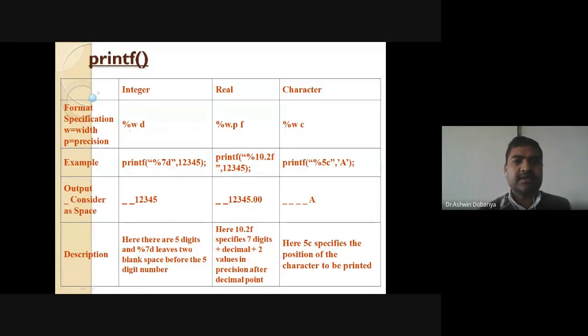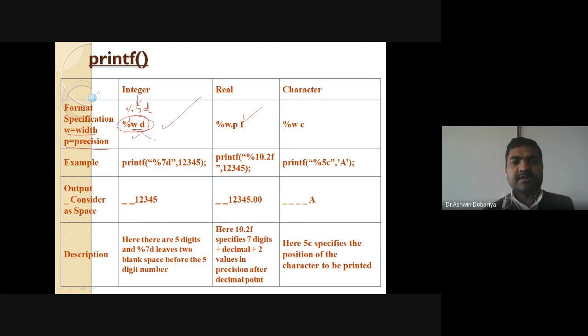Now here, in width, we have to discuss the concept of width and all. So w means width, and then precision, two parts we have discussed. In integer and real, generally precision is used in real. For integer data type, we only mention a width with percentage d. Suppose in our previous example, we used %5d. So in integer, generally we mention the width only, right? That is the general syntax, because in integer data there is no decimal value.